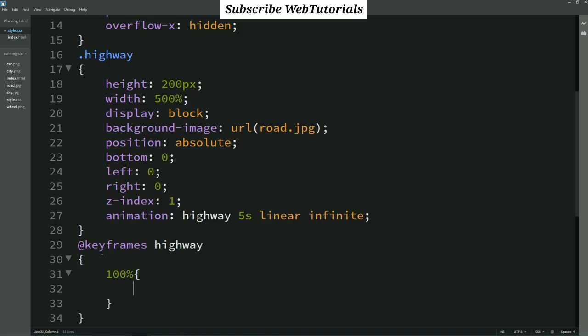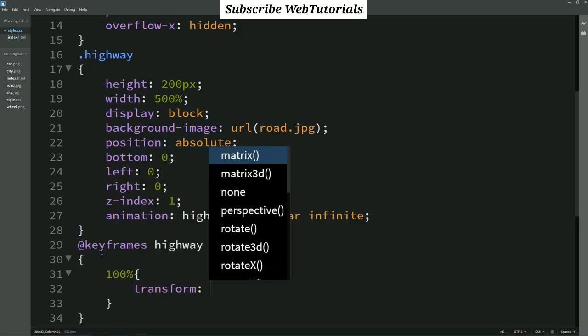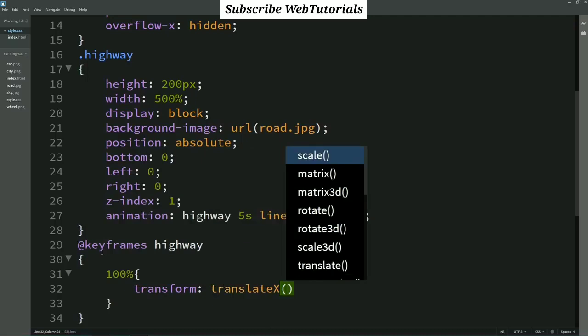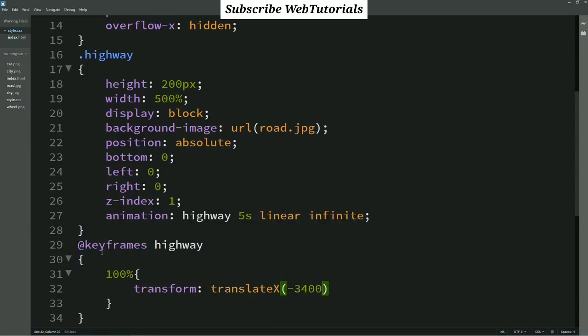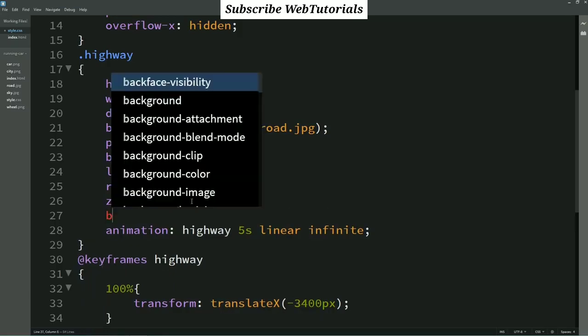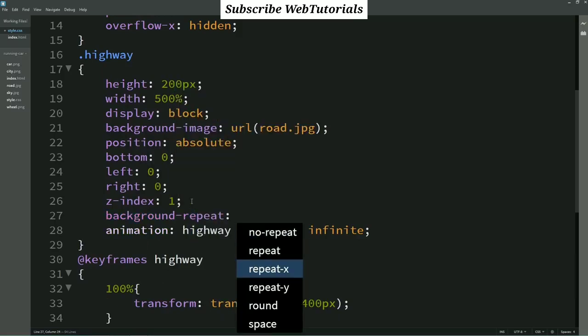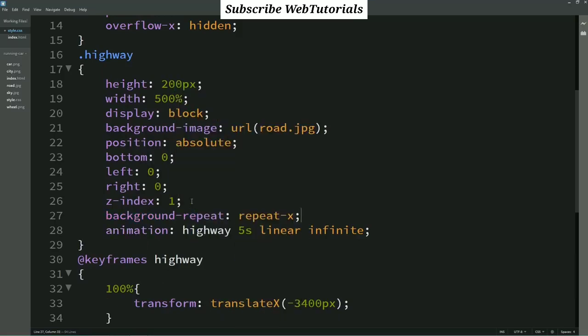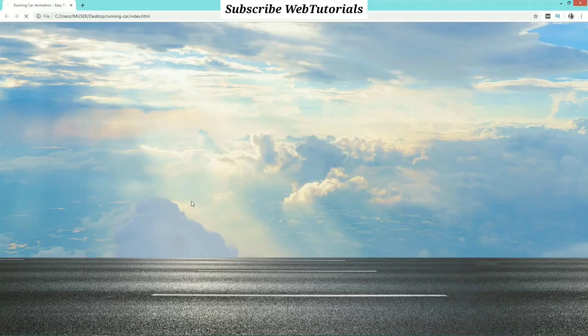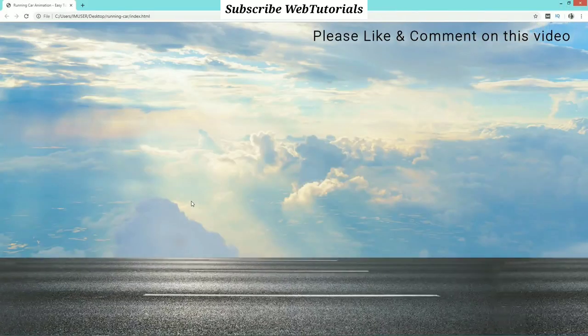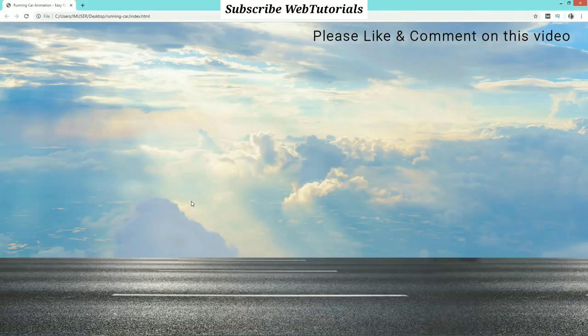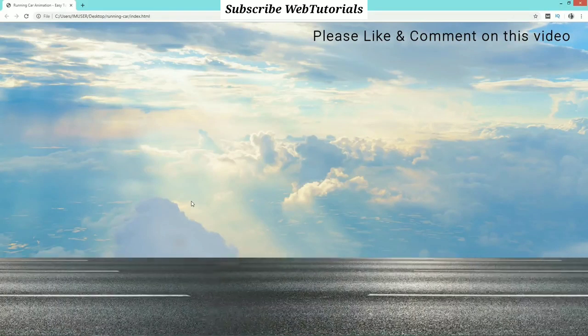Write 100%, transform translateX minus 3400 pixel, and here we will add background repeat x. That's it. Save these changes and refresh the web page. Now you can see this highway image is moving towards left.